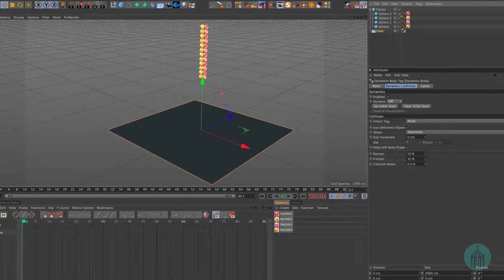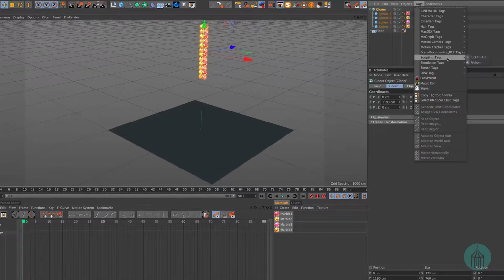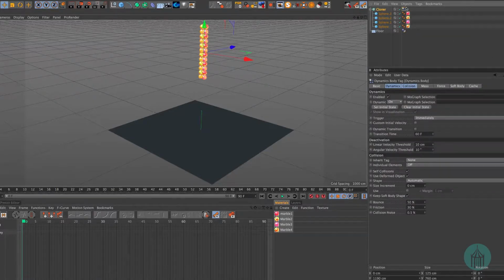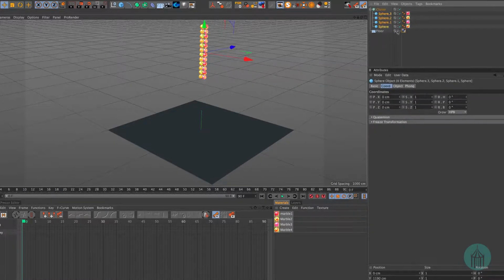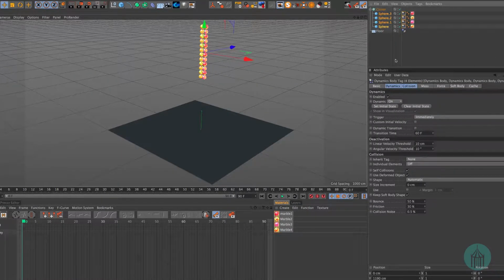We're going to do the same thing with the cloner here. We can do it one of 2 different ways. We can select the cloner here, Tags, Simulation Tags, rigid body, and then right click and do Copy Tag to Children. We can do it that way, or we can just select all 4 spheres, tags, simulation tags, rigid body, and it applies to all of them, whichever way you prefer. So now we have the dynamics in place. If we press run,